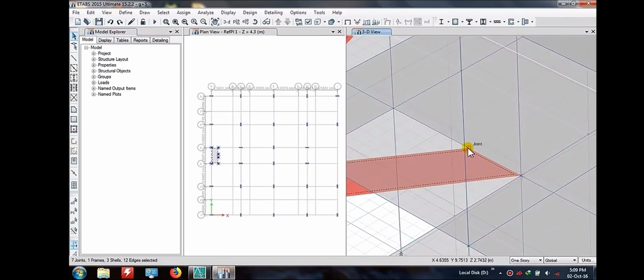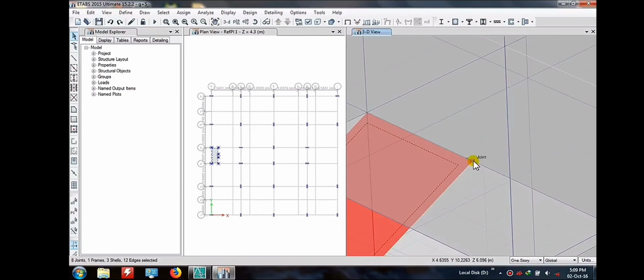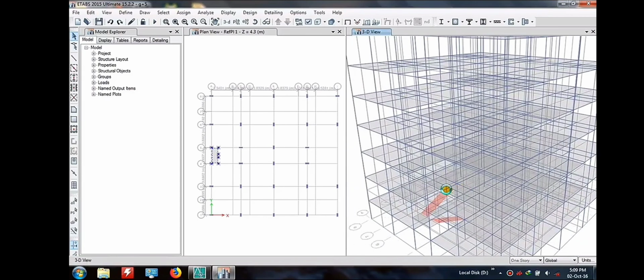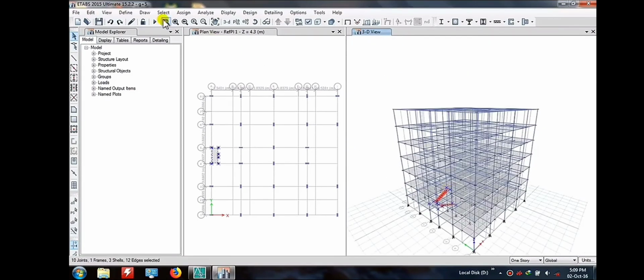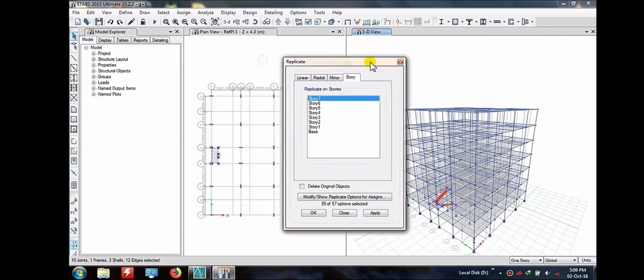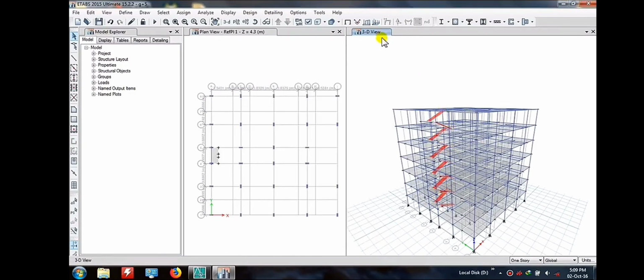यहाँ joints select करने के बाद हम कहाँ जाएंगे, वहाँ जाने के बाद हमें क्या करना है, स्टोरी में जाके हमें बाकी रेस्ट फ्लोर के लिए अप्लाई करना पड़ेगा. और जैसे ही आप इसको अप्लाई करोगे तो आपको क्या देखने को मिलेगा कि जैसे हमने यहाँ पे सिलेक्ट कर लिया है, इसके बाद हम क्या कर रहे हैं, अप्लाई कर रहे हैं. तो ये देखिए, ये पूरा हमारा अप्लाई हो गया पूरा रेस्ट स्टोरीज में.